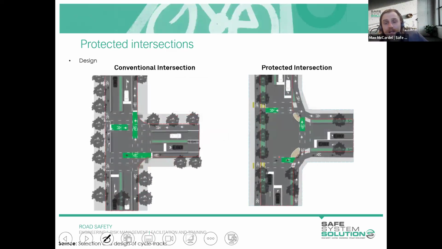This one's out of TMR, selection of and design of cycle tracks. And once again, we see the comparison there of a conventional intersection versus a protected intersection. So with the protected, you can see the corner refuge islands have been installed again. They're a critical feature. If you're a bike rider and traveling up north there, and there's a vehicle that's turning left at this location,